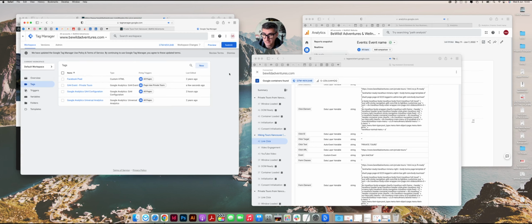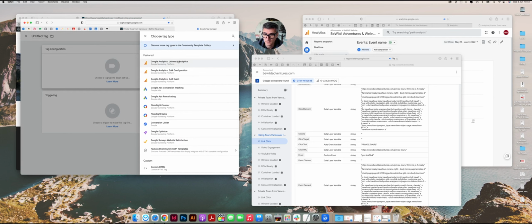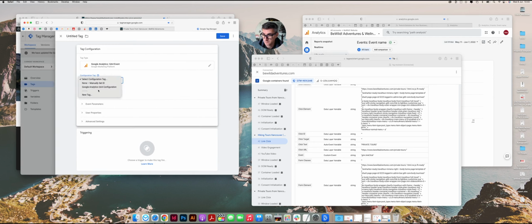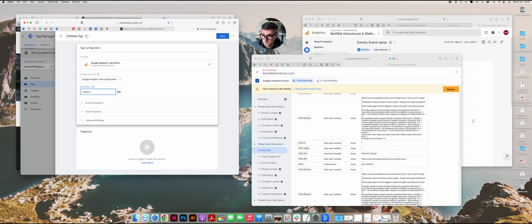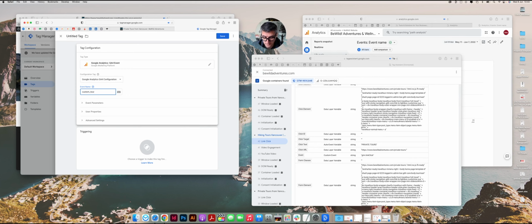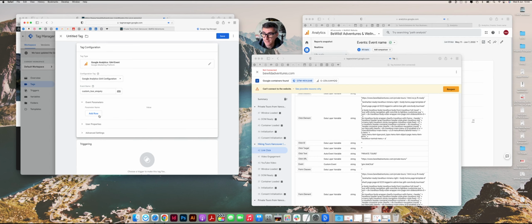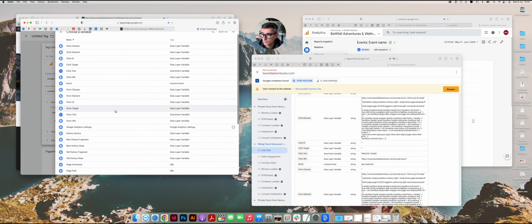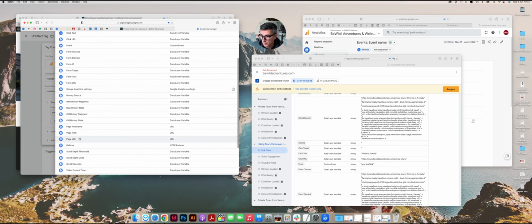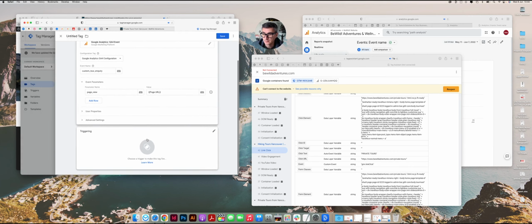So again, in here, I can select new, GA4 event. This time I'll select my GA4 configuration. I'm going to call this custom tour inquiry. So for this one, rather than link text, I'm going to click a row and I'm going to add this as page_view. I'm going to have a value of a page view, or page URL. I'm going to have that. And then under triggering,